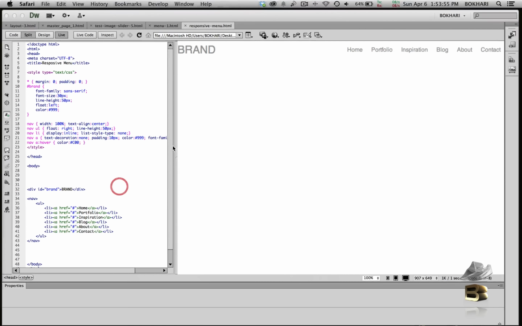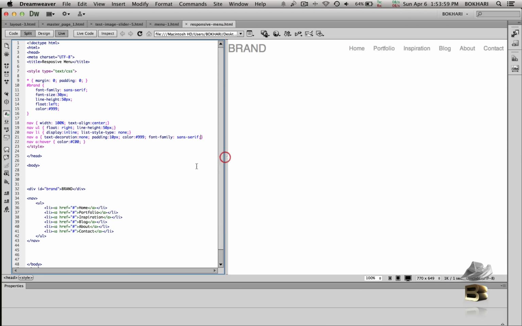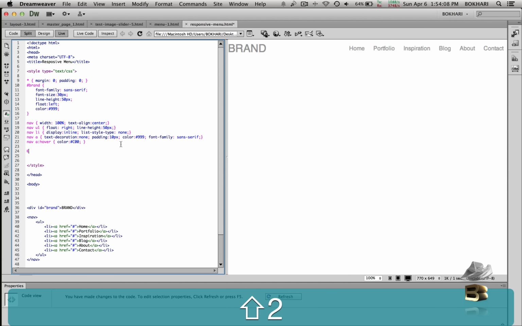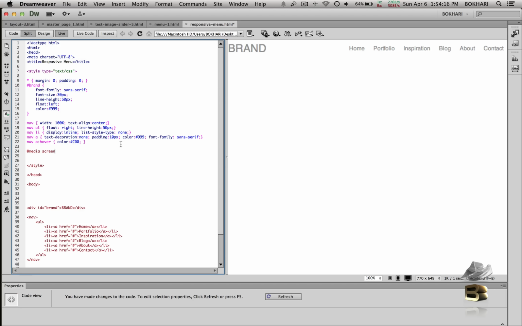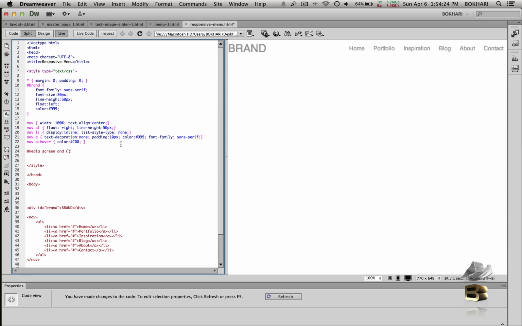Let's go back to Dreamweaver. All right, now is the fun part. Okay, so this time we're going to add the media queries like so. Add media and add media screen, SCREEN. Make sure you don't make any mistakes in there. Write it properly. Media screen, and then opening and closing parenthesis,